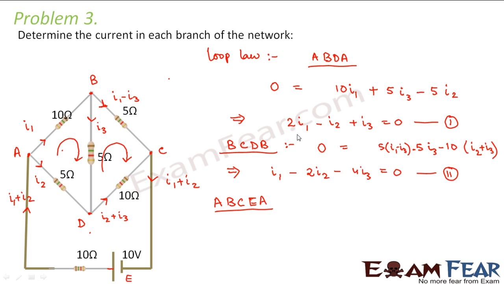That is this bigger loop, because two equations will not help since we have three variables I1, I2, I3. So I need three equations. So now we have considered this entire loop. Here, what are the EMFs present? There is one EMF present, that is this 10 volt. So I write it on the left hand side.